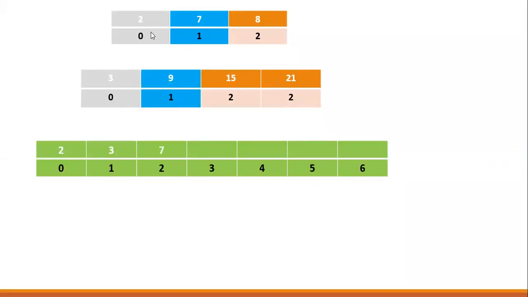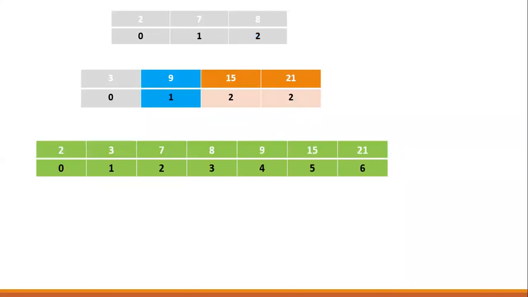Now, because 2 and 3 have already gone, 2 which is from array 1, 3 which is from array 2, now the time of comparison is from 7 and 9. Okay. 7 less than 9. Yes, 7 is less than 9. That's why what has happened, students? 7 has come to array 3. Okay. 9 is still left. We have moved forward. 2 has come, 3 has come, 7 has come. 8 is compared to 9. 8 is less. Yes, 8 is less. That's why 8 has also come to array 3. Okay.